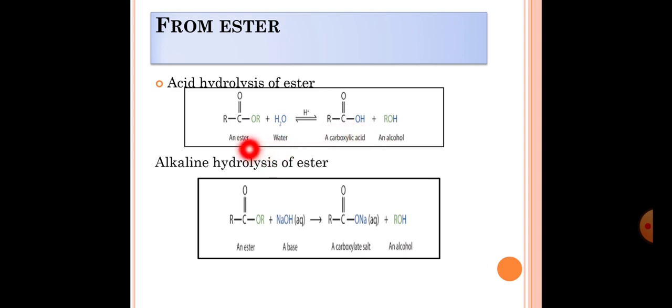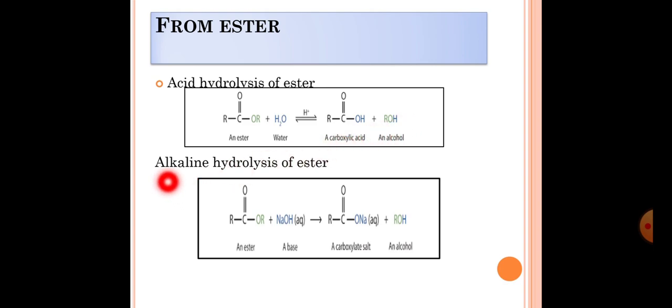Okay. You can observe the color given here, R C double bond O OR. The ester has a green color given here for OR, and H2O on acid hydrolysis gives carboxylic acid, R C double bond O OH. From this water, OH will be here, and that is the acid formation. But what about this OR and the hydrogen? So it is ROH, that is alcohol. This is the functional group for alcohol, R dash OH. Okay. So acid hydrolysis of ester gives you the formation of carboxylic acid along with the formation of alcohol.